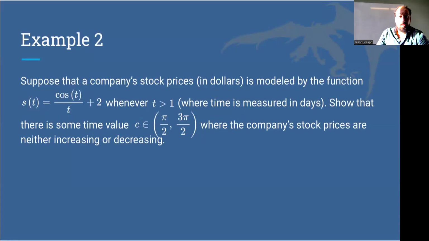Okay, so example two. Suppose that a company's stock prices in dollars are modeled by the function S of t whenever t is larger than 1. Show that there's a time c in this interval where the company's stock prices are neither increasing nor decreasing. And just for some realism,